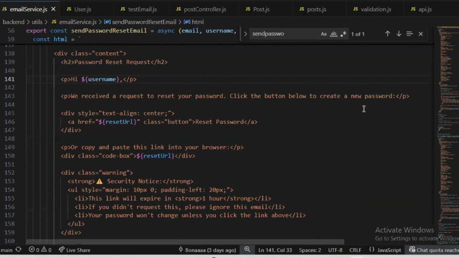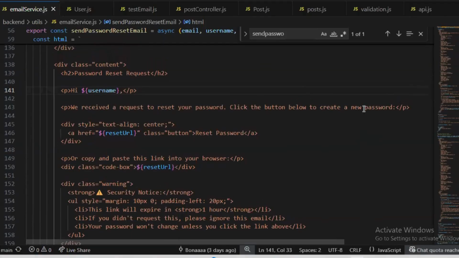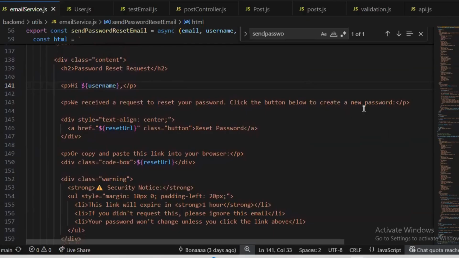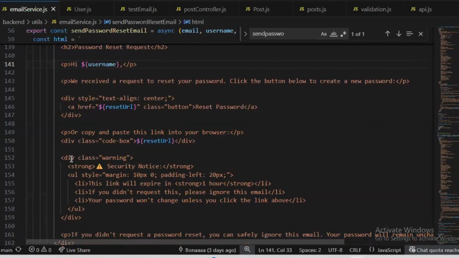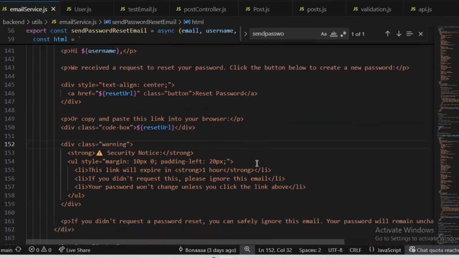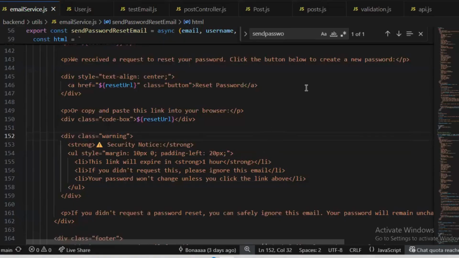And not only did we create templates for the email services, we also add a security warning on each template. In this case, for resetting the password, we added a security notice to remind the user that the link to reset the password will expire in 1 hour after the email is sent to them.